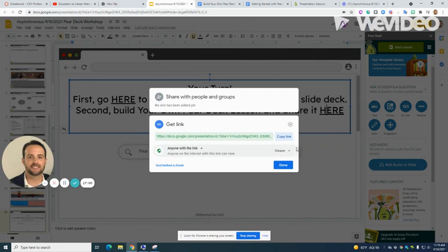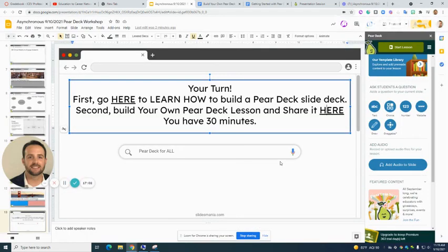So I hope that you've enjoyed looking at these strategies and looking at how this can be done on Pear Deck. This creates so many active learning opportunities that are overt and covert that really can revolutionize how you provide instruction to your class. And if you have questions about this, please reach out to me at